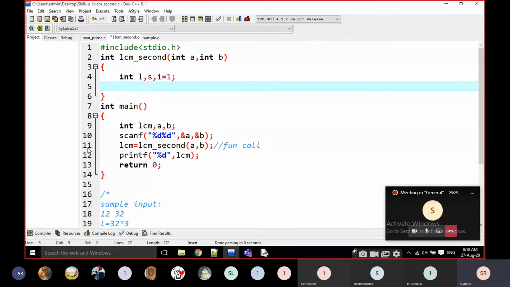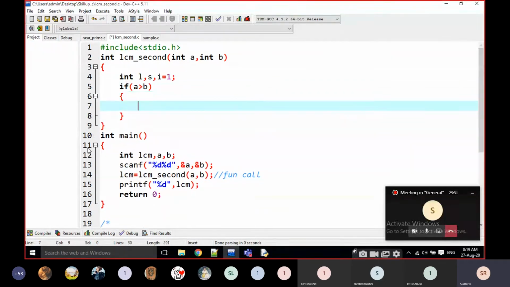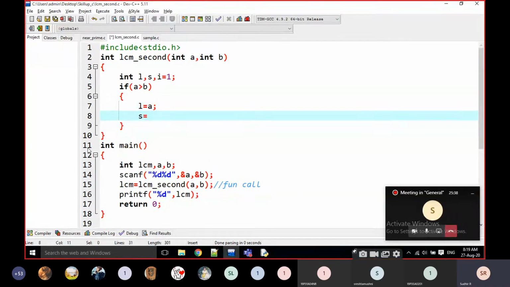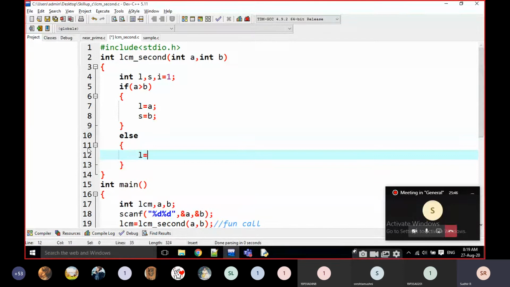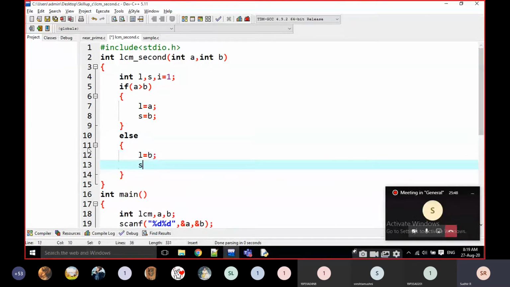What I have to do: I am going to find if a is greater than b. That means if a is bigger, l is equal to a, s is equal to b. Else, l is equal to b, s is equal to a.